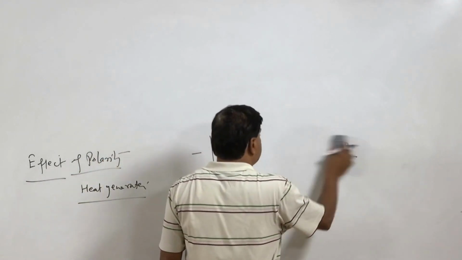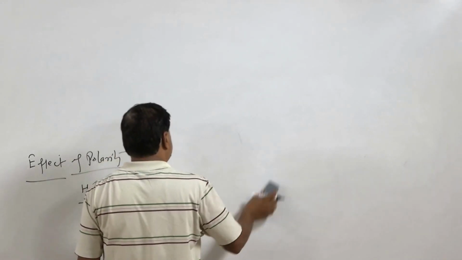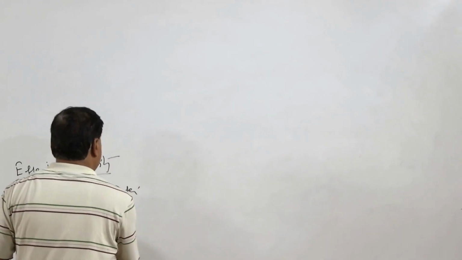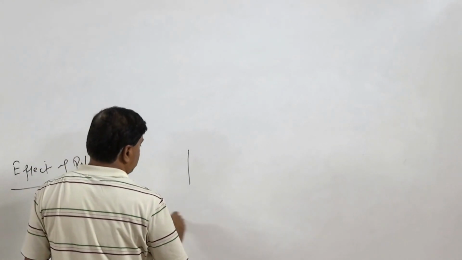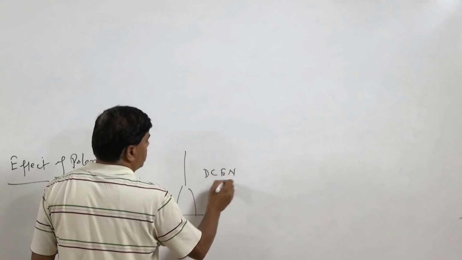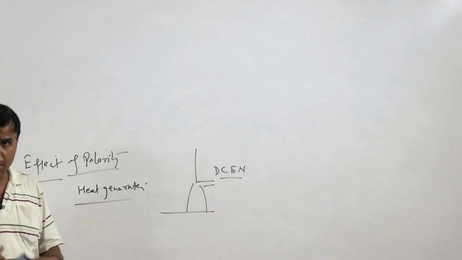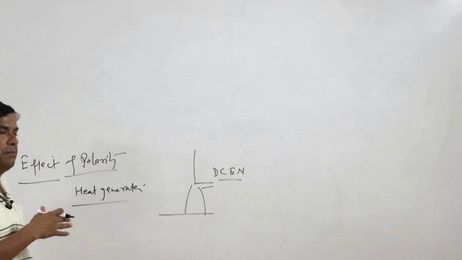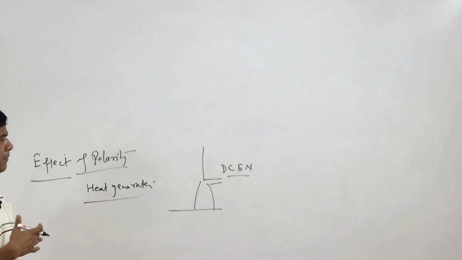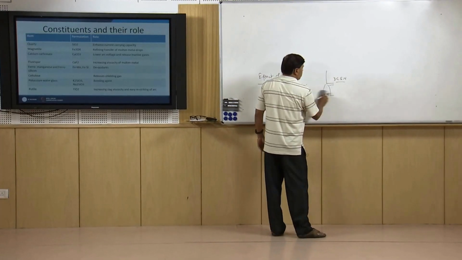So, to take this advantage in the case of tungsten arc welding, to have a much better life of the tungsten electrode, invariably the tungsten arc welding process uses DCEN polarity, so that heat generation in the electrode side is very limited. It leads to a much lower amount of thermal damage to the electrode, which in turn results in much better electrode life.